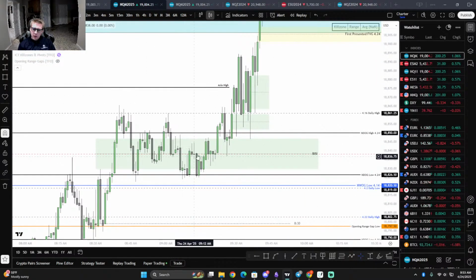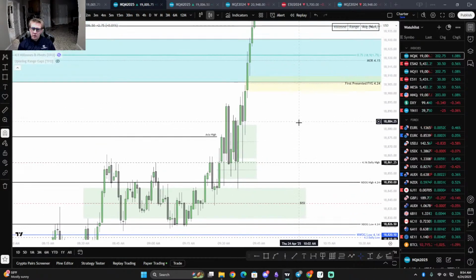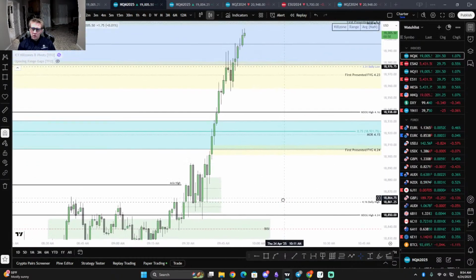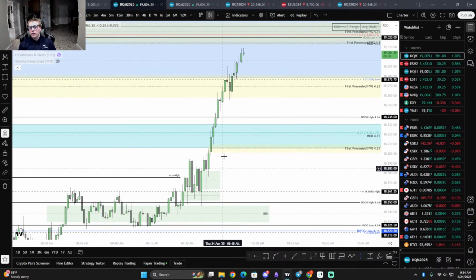Five-minute fair value gap. Look how well it gets used, along with that new day opening gap, constant encroachment, balancing that out. Trading up higher. Boom. Given this inefficiency, trade back to it just once because of that volume imbalance. We're still leaving the first presented fair value gap here.